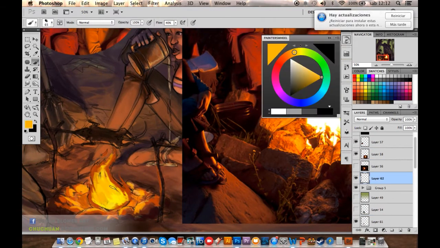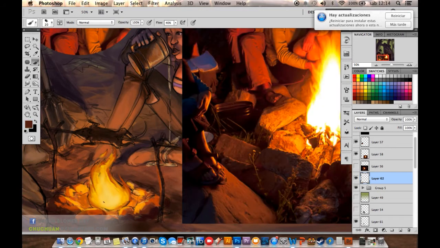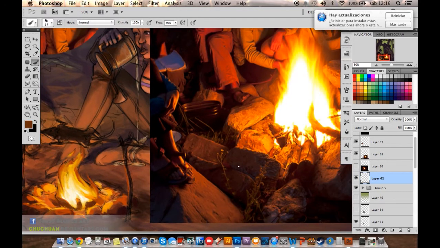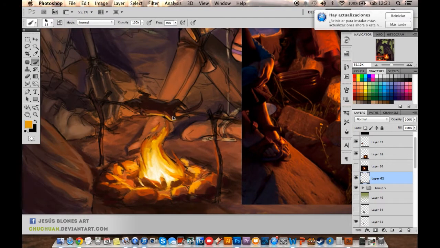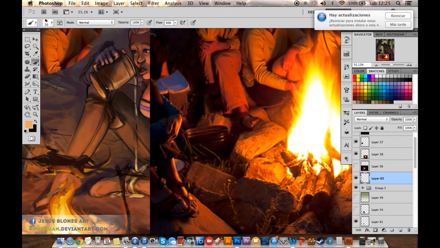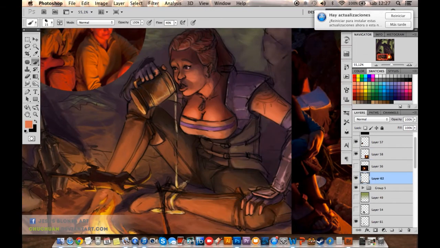If you set all the colors right, if you set all the values right, and you create a design that works really well, the only thing you need now is to be patient, because you need to polish all the stuff and create all the details, and try to create a focal point.